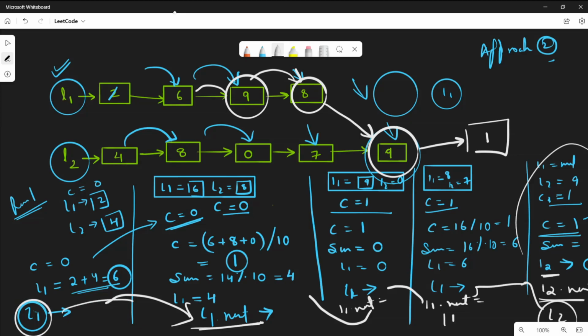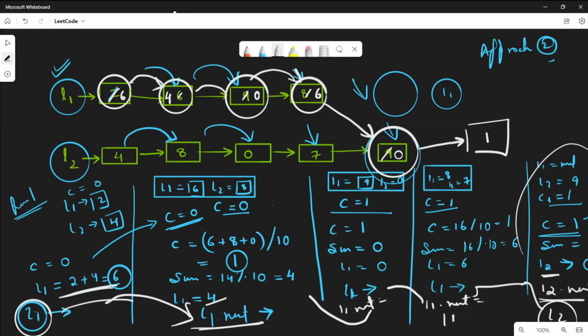Now if you'll see, this whole new list has been formed, right? And everywhere if you'll see, the values were updated already. For example, this L1 was overwritten with 6, right? Because we have done that part already. So it was 6 here, right? This L1 was overwritten with 4, so here 4 was present, and this L1 was written with the 0. So instead of 9 we can say that 0 was written over there, and instead of 8, 6 was there, right? Here 0 was there, and at the end 1 was there. So this new list has been formed,